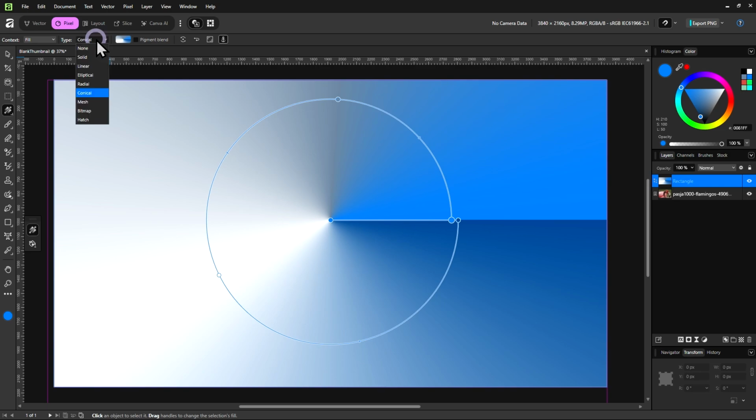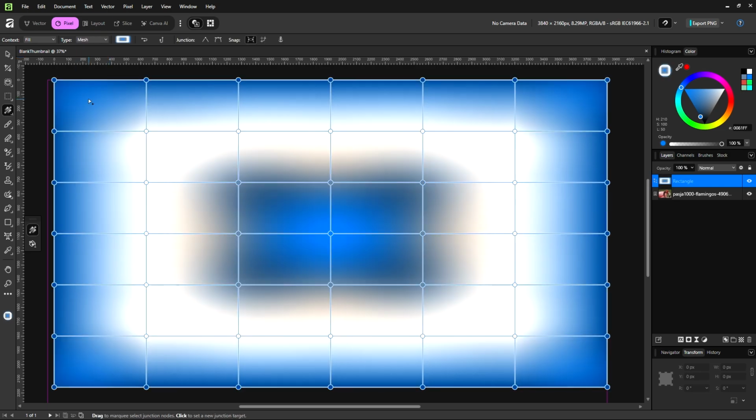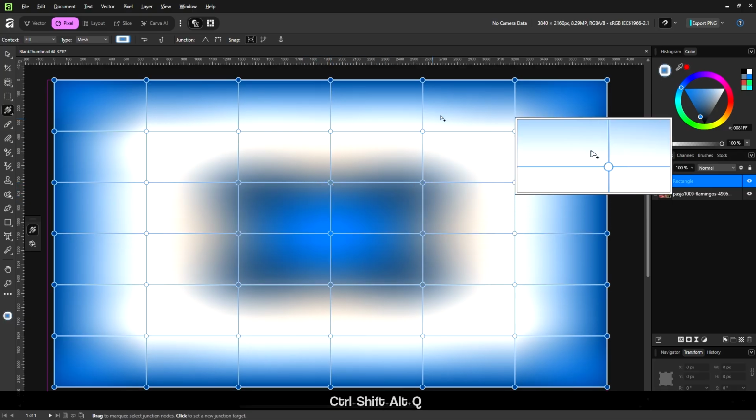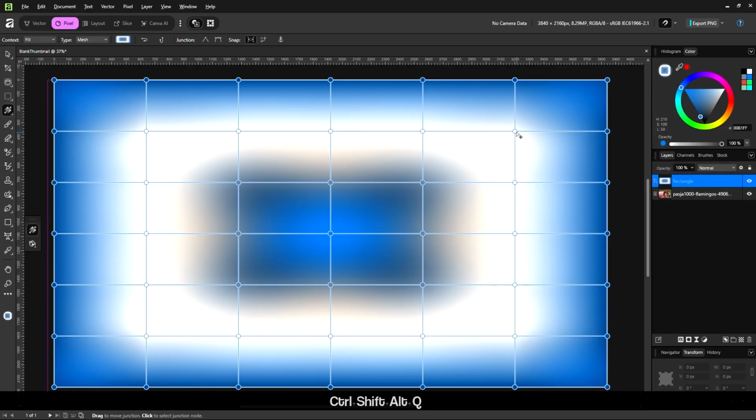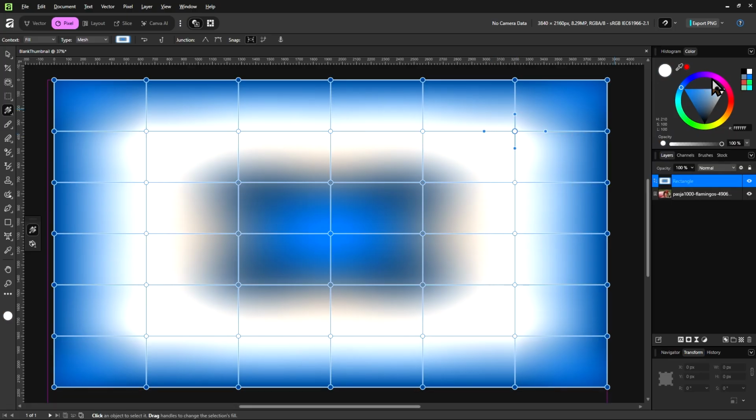There's also mask. Now this is my favorite gradient, but it's also the most complex, so I don't want to spend too much time on it, lest this video would be too long. But first, do note that you have all these nodes here. They are the same as stops, as in you can change their color.